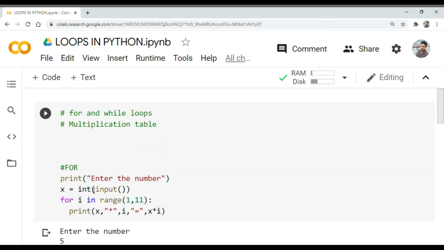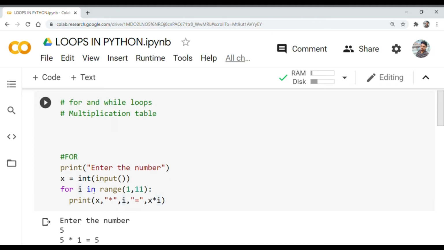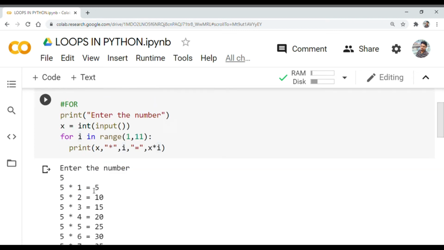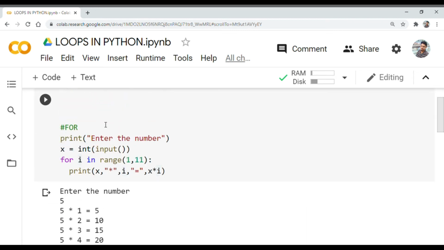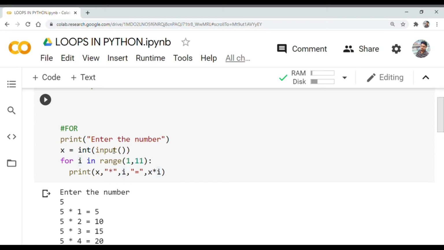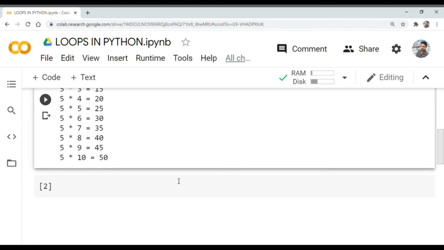So this is how we use the for loop to create the multiplication tables. And we can also change the second argument. If we want until 20, we can write 20 here. If you want, we can also take another input of y, the threshold one, wherein we will be changing this 11 with y. We will place y here, and we will take one more input, and that will be user optional.